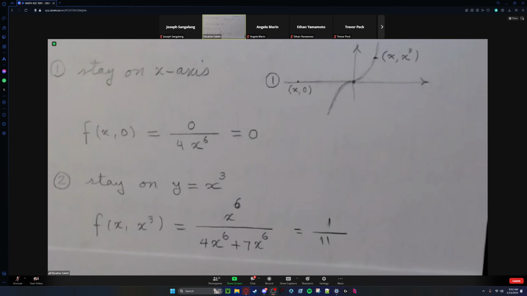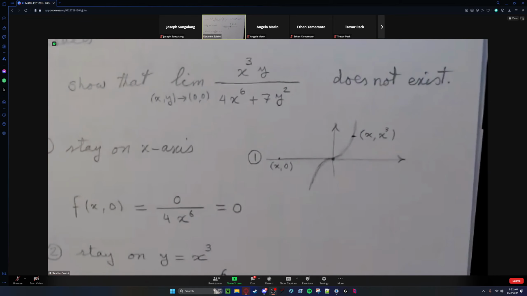So that's what I meant by we choose two curves that are going through that point, by the way. Stay on those and take the limit and produce two different results. If that happens, you would say the limit does not exist, okay? So just taking you to calculus 3, giving you an example,